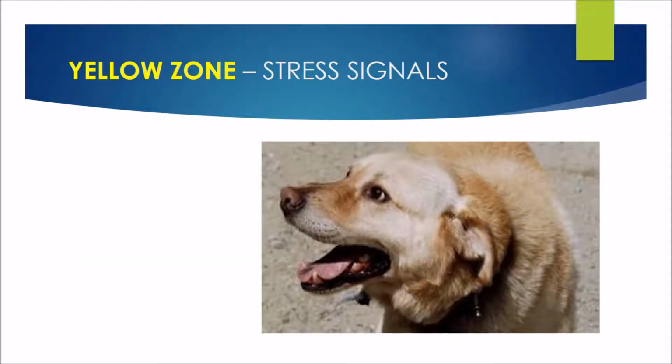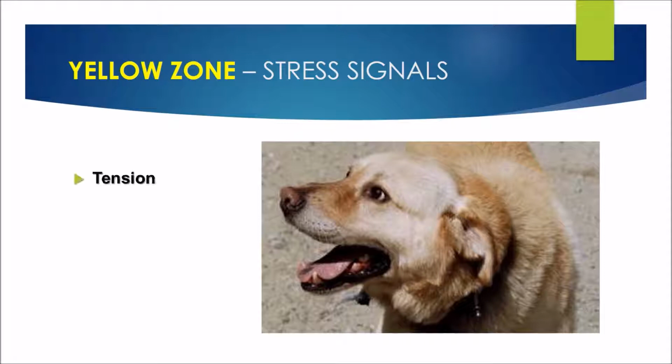Moving on, we have our yellow zone. These are what we call our stress signals. As humans, when we get stressed about something, the first thing that happens is we get very tense in our bodies. Some of us get those little worry lines between our eyes. We can also get a sore neck or sore shoulders from holding that tension and stress there. Others get that tense, sore jaw from clamping down. So all of it is tension, and it's from a stress response.